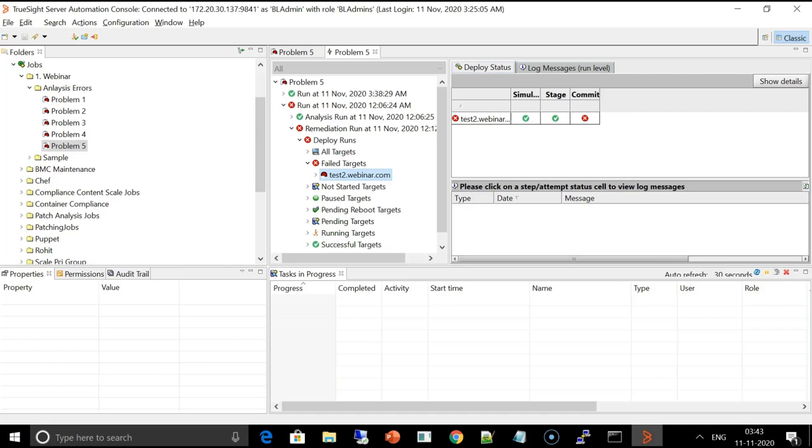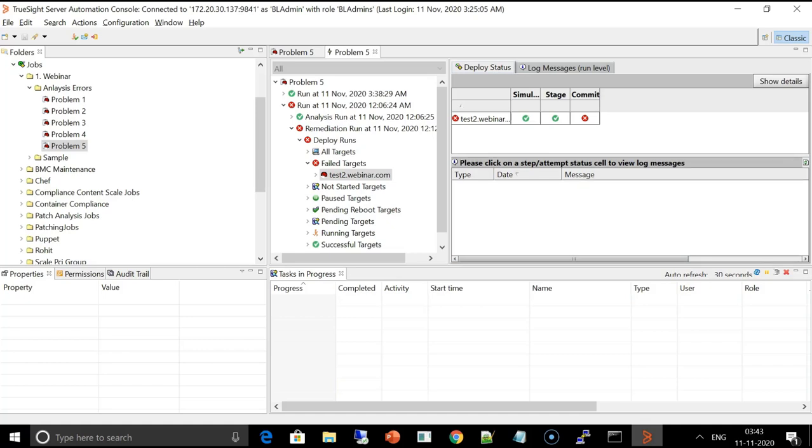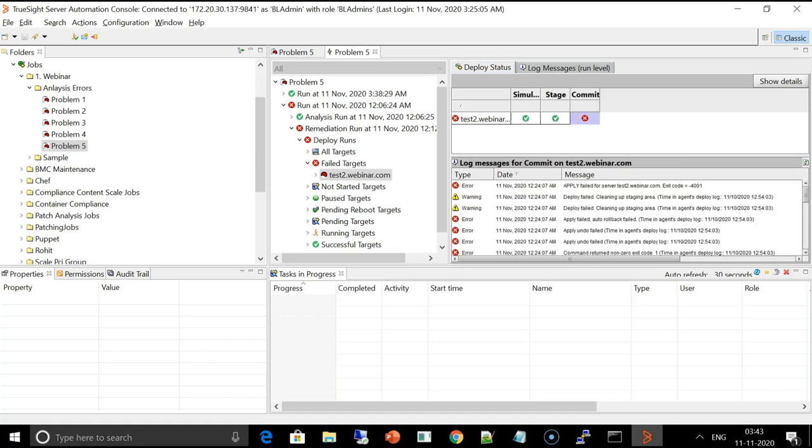I have now logged into the console, and we can see that there is a patch remediation job which has failed on test2.webinar.com. As we can see, the job has failed in the commit stage. So let us click on commit and see what the error is. As we can see below, there are a lot of errors, and from the logs it seems that